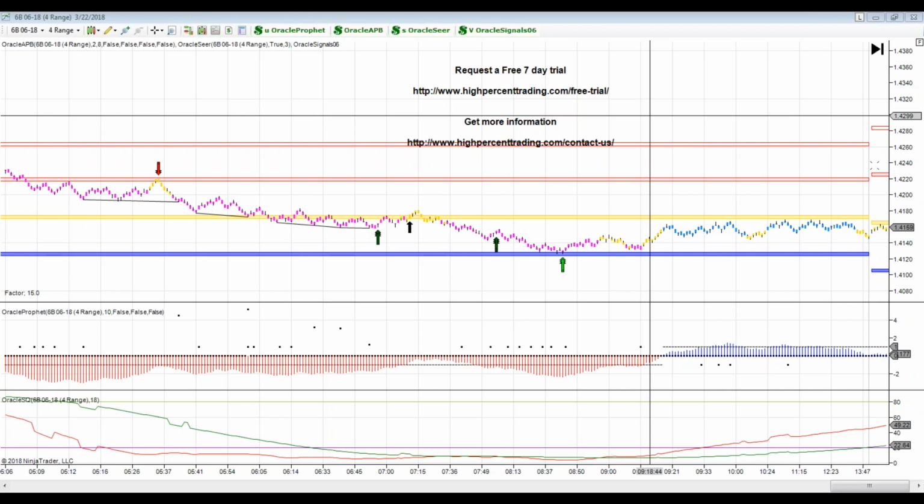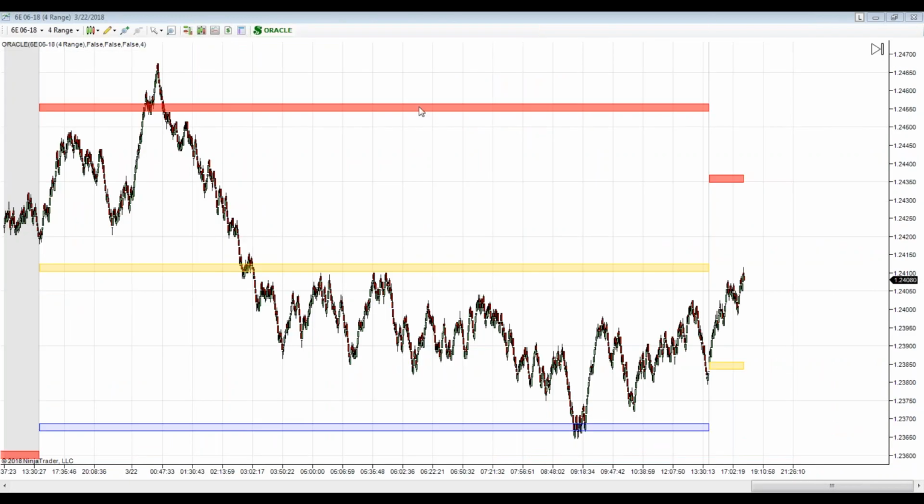All right, this third chart, this is the 6E. This is the euro currency, and as you can see from this chart, just the blank chart, the Oracle was telling us that today's projected daily trend was down, because this is the dark red area up here. This is the projected daily sell area. This is the projected daily buy area, okay? And these were known in advance, actually 6 hours before the European session opened. So it gave you a good heads up as to what the daily predicted trend was